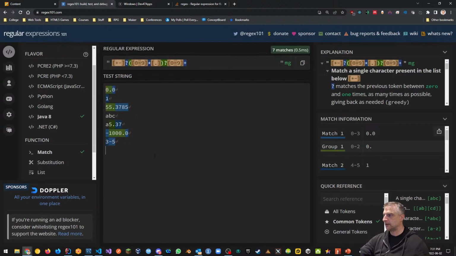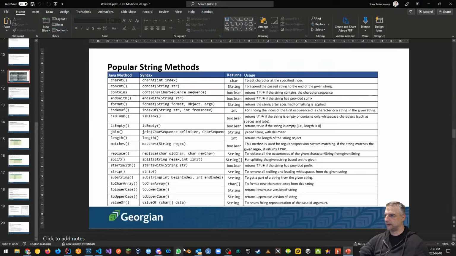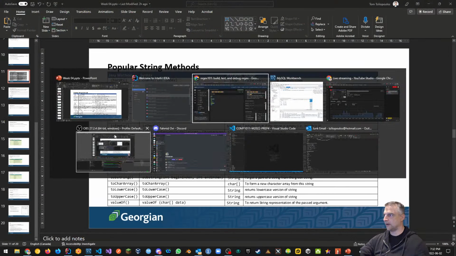Let's try this one. So this one says it's clearly not good because it also captures this one and it's okay. It captures this one, this one, this one, this one, and this one, but this one, it's wrong. Look at that, because it captures this one because 3 and then -5, both of them are good, right? This is an error that it captures. So that was the one we found on